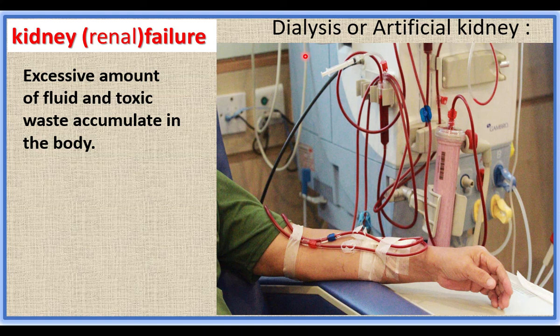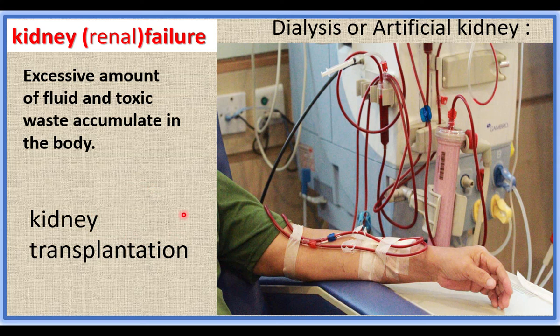If this treatment does not show any improvement, and the kidney does not return to normal functioning after treatment, the final step is kidney transplantation. What is done? The affected kidney is removed and a healthy kidney is taken from another person who is giving one of the kidneys, and through an operation it is transplanted. Kidney collected from a healthy individual is transplanted into the person who has kidney failure. That is called kidney transplantation. In this part, we have learned about the structure of the nephron, the mechanism of urine formation and renal failure.